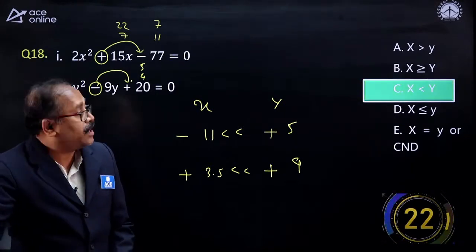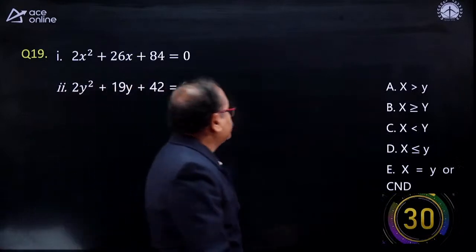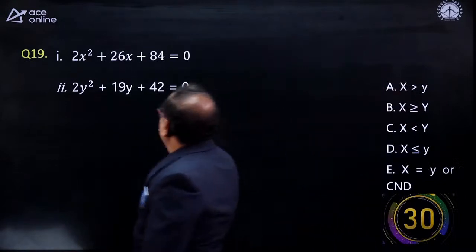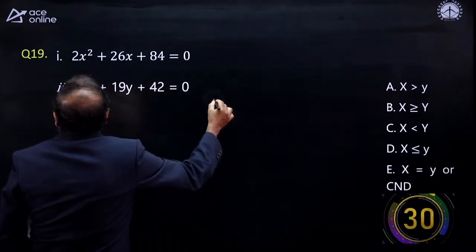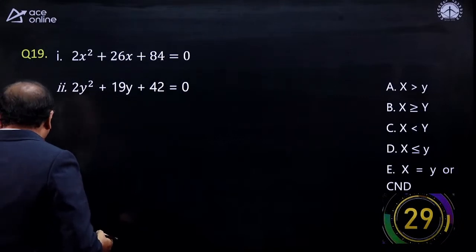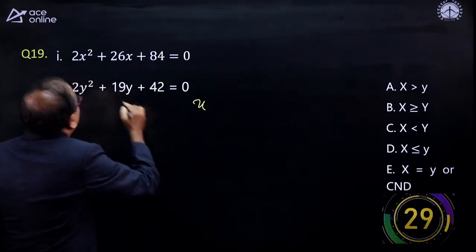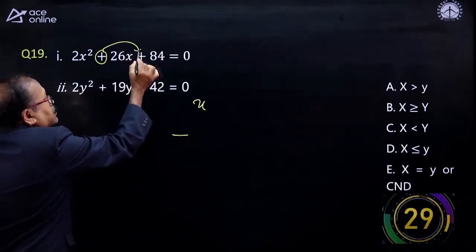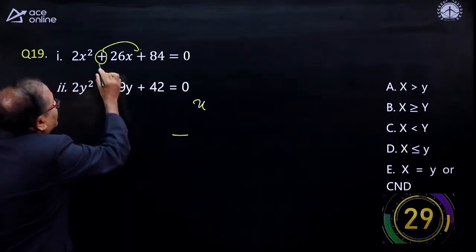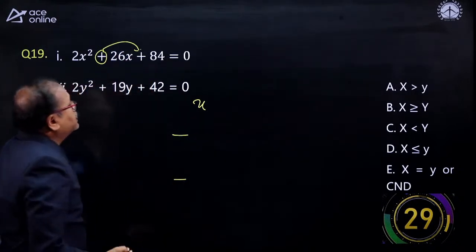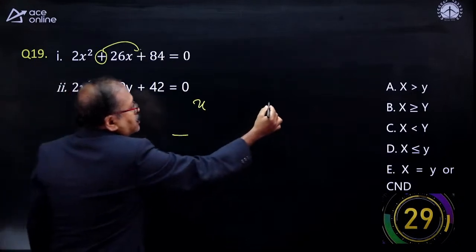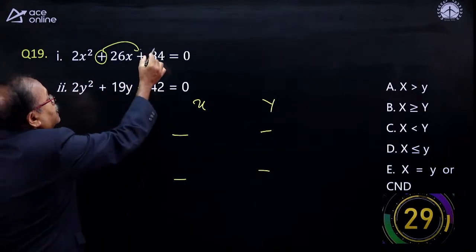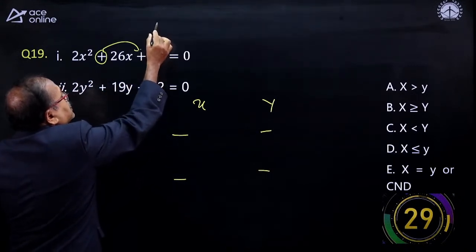Well done. And the next question here. Look at this, the next question here. First I will put up the sign. So for x, what are the signs for x? Here plus will become minus. The first sign always changes. Plus changes the next sign. So it becomes plus, then minus. Done. So here also plus is there. For y you will be getting the minus. And here 84. Can I write this as 12 times 7, 84?